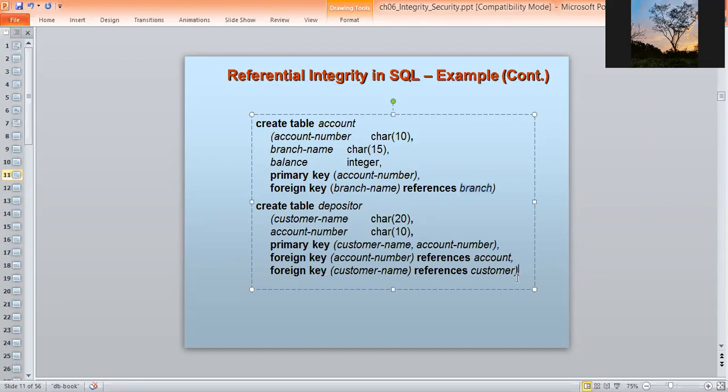So here you can see that create table depositor is actually referring to two relations, account and customer, and the primary keys are the two keys which are also foreign keys of the other two relations, account and customer. Okay. Is it okay?